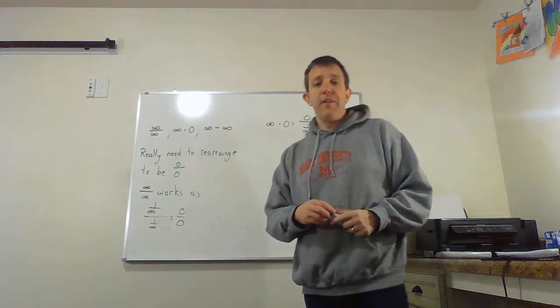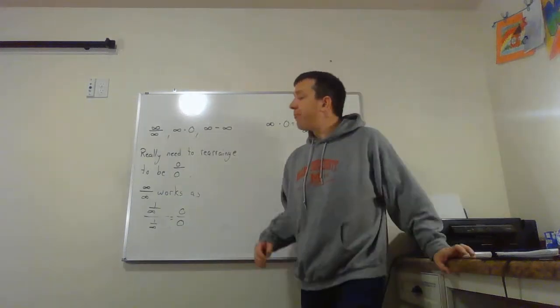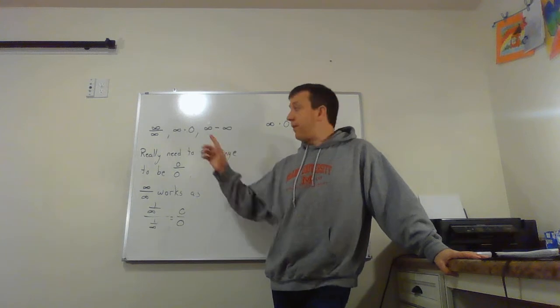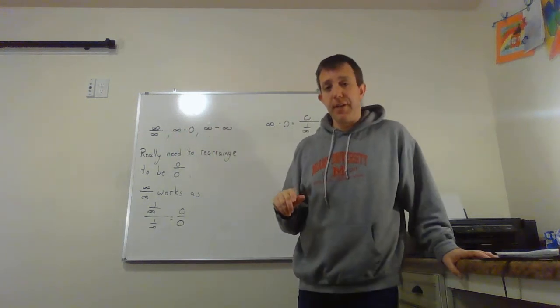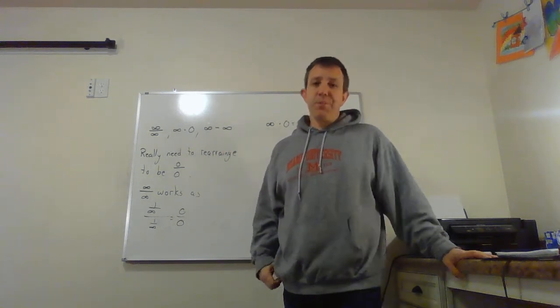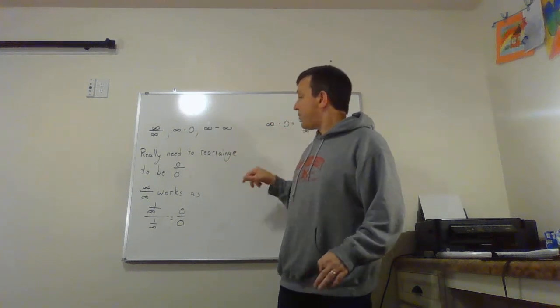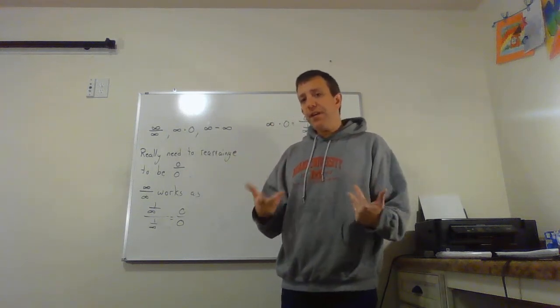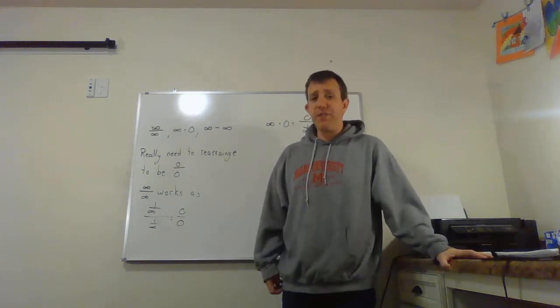All right, so I have a couple more indeterminate forms on the board here, and then we'll look at some examples. The other indeterminate forms are infinity over infinity, infinity times 0, and infinity minus infinity. That last one is definitely the hardest of the bunch, because we really need to have things as 0 over 0. The other two are kind of straightforward. Infinity over infinity, we basically get to cheat just a little bit. We don't really even have to do much of anything,